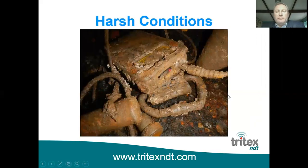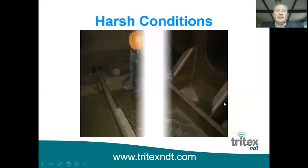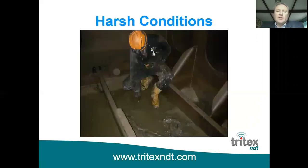And this was a particularly dirty job, and I'm sure a lot of you won't be getting in this sort of state, or I hope you won't anyway, but there you can see the gauge still working even in nasty conditions such as that. So water is a very good transmitter of ultrasound, and if you're ever doing a